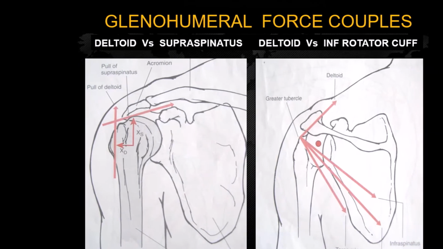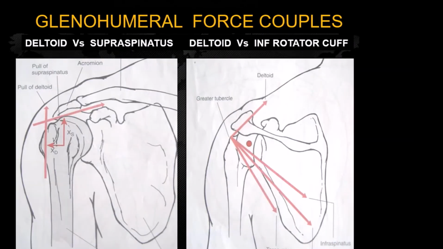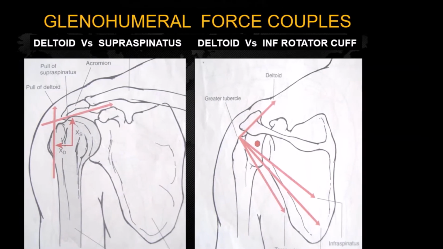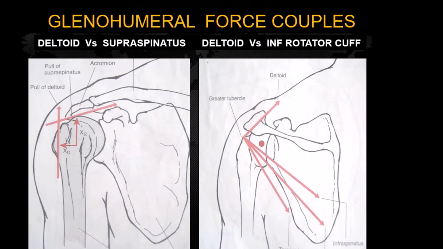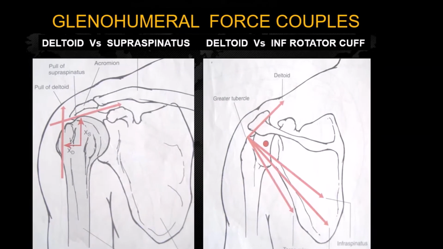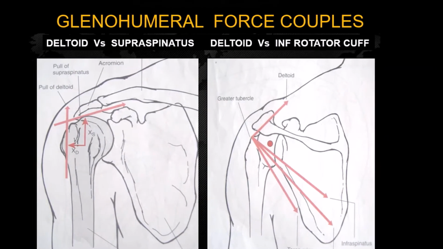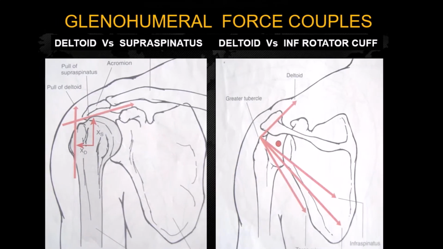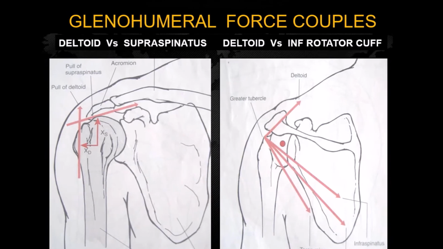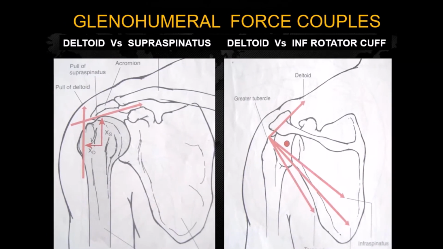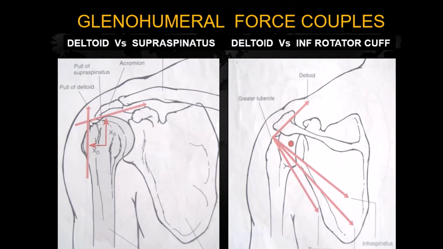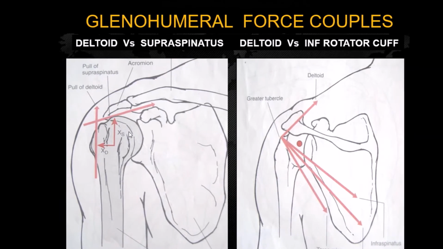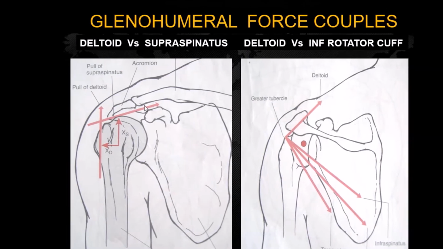whereas the translatory force results in superior migration of the humerus. So there should be a proper force exerted by the supraspinatus in order to compensate the excessive superior migration from the deltoid, so that impingement won't occur. So the first force couple which provides glenohumeral stability is the deltoid and the supraspinatus, where the superior migratory force is offset by the compressive force of the humerus on the scapula by the supraspinatus.